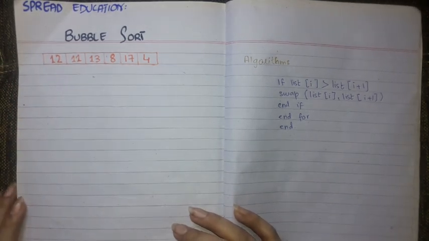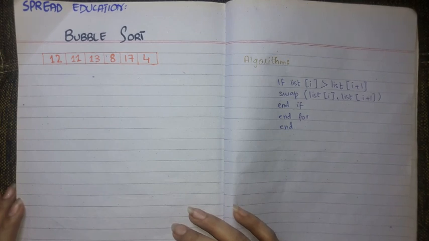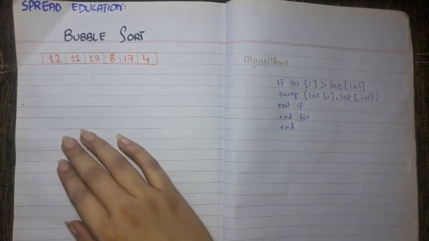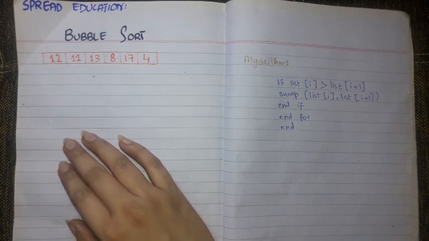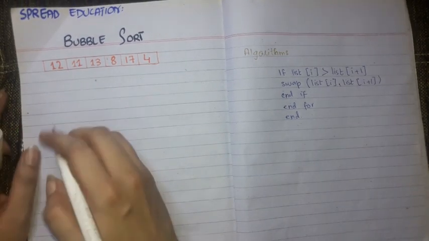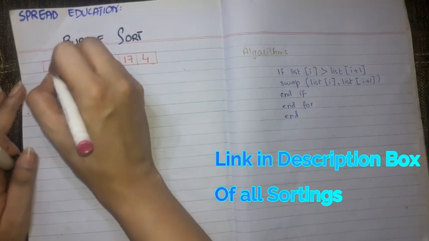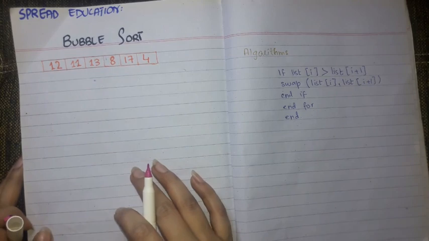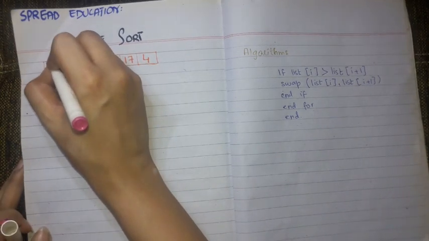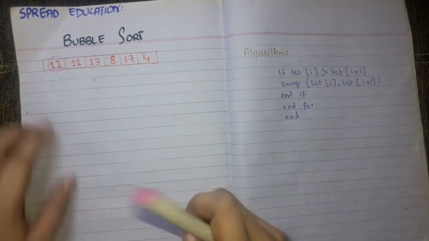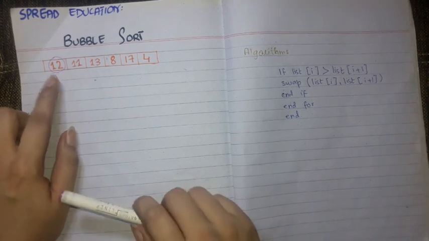This is an example. Okay, so I'm going to teach you the way my teacher taught me, according to that method. At first, we have to make the first element bubble. We have 1, 2, 3, 4, 5, 6 elements in an array. So I'll make this the first element, at the 0 position, at the 0 index, and I'm going to make it bubble.